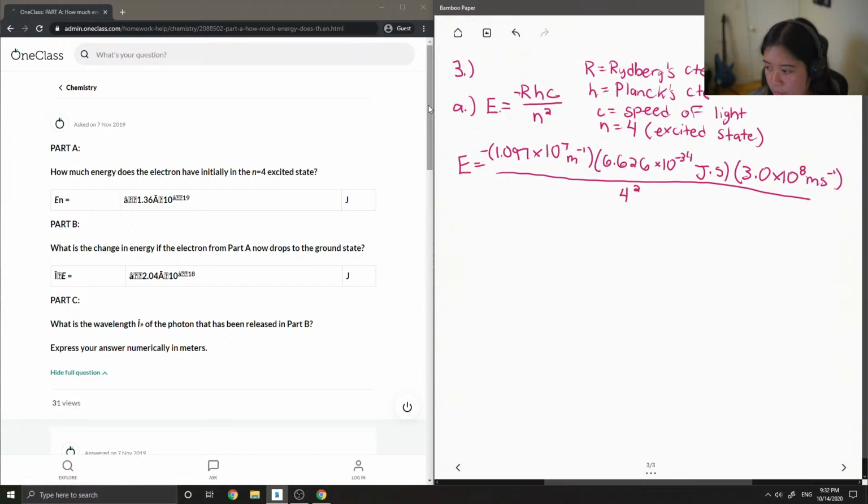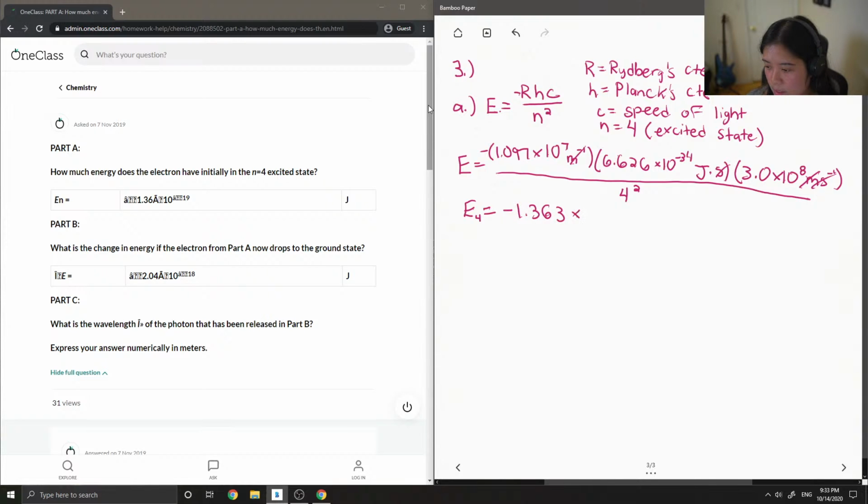4 squared. Okay, so you have to be careful with constants sometimes, because sometimes in formula sheets they give you the constant with different units. So for the ones that I inputted, I made sure that these were all the correct units. And a way to check is to see if it all cancels out properly in the end. So we want our energy to be in joules. So our meters will cancel out, and our seconds will cancel out. And then we're left with an energy value of negative